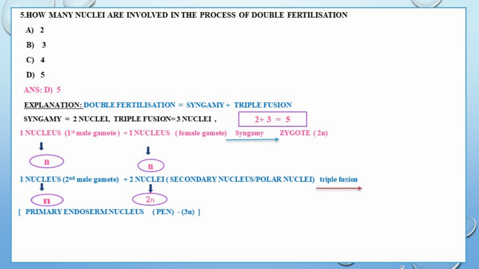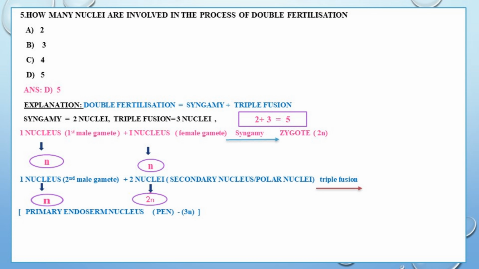So here you can see in syngamy, first male gamete is fusing the female gamete to form zygote. There you will get two nuclei, one from the first male gamete and the other from the egg cell. Now going for the second process, triple fusion, the second male gamete